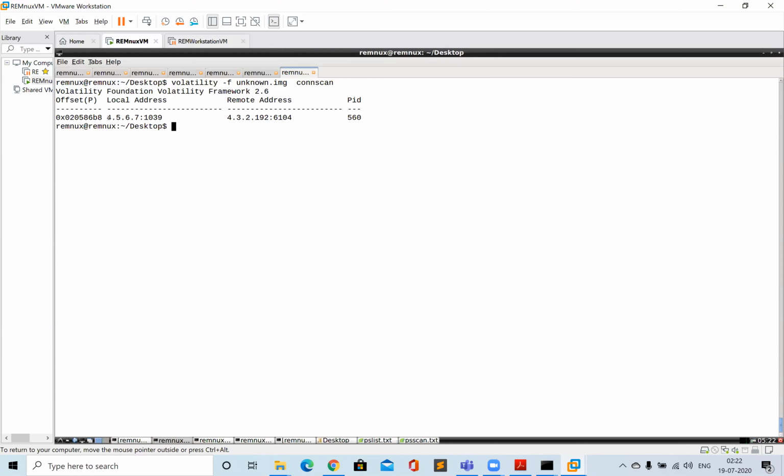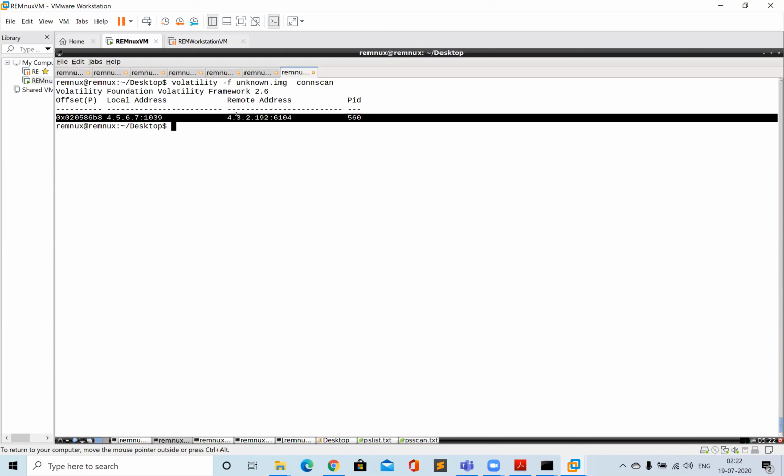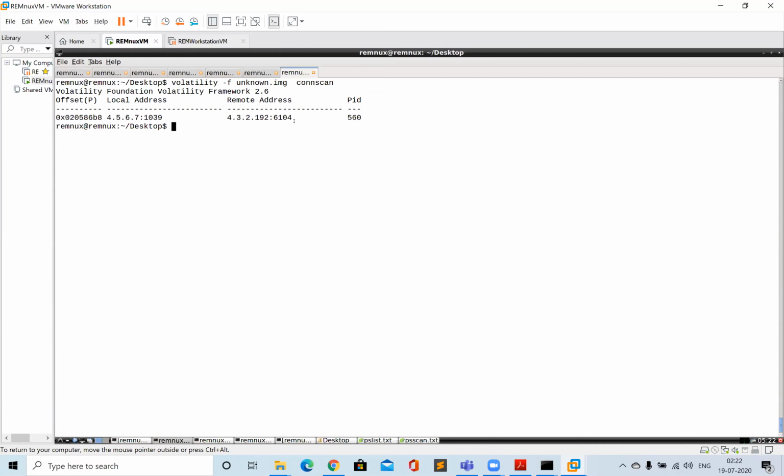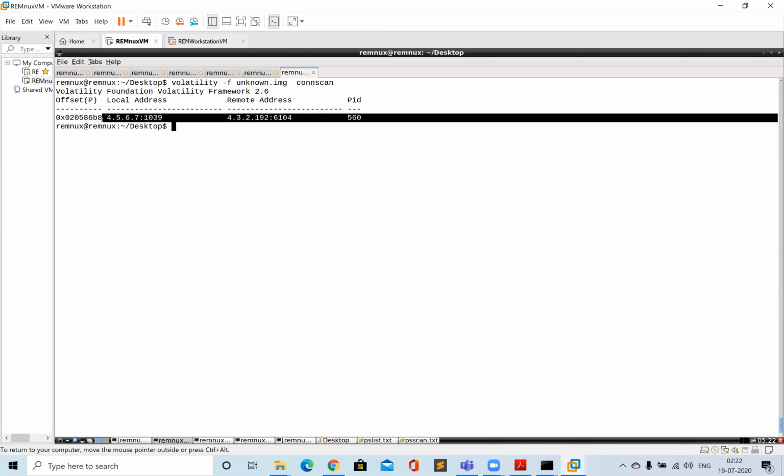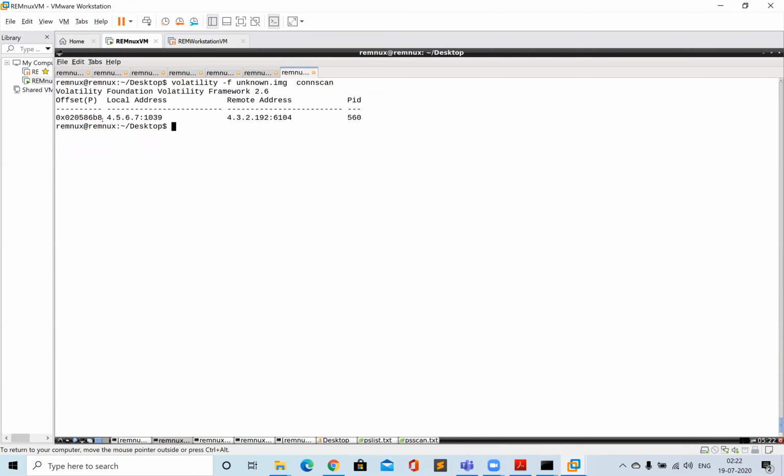Okay, that means this is the local address of the system from where the RAM memory was captured, and from port number 1039 it was trying to connect to this IP address on port number 6104. Got it? So this is how it will be helpful for you to know what network connections were made from this system. What are the suspicious network connections? Okay, and now